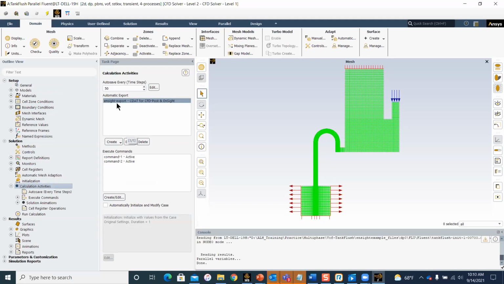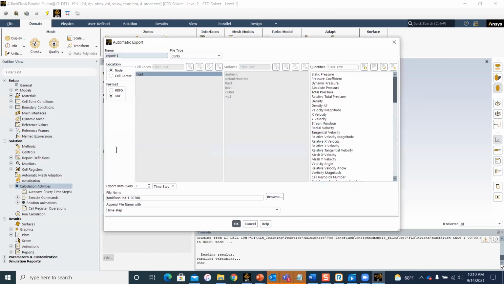But usually when we're doing a transient simulation, a lot of us might already autosave our simulations after, say, 10 time steps, 20 time steps. So you have to do something similar for EnSight as well. You would simply click on Create, Solution Data Export, and then assign a name of your liking. And then under file type, you can go ahead and choose the data format that you want to export to